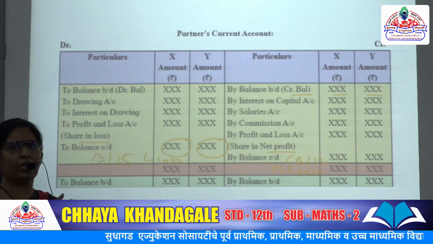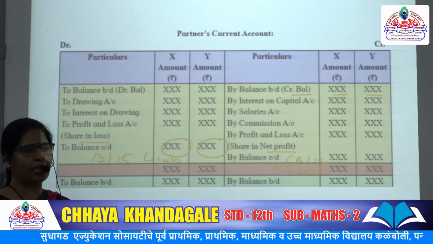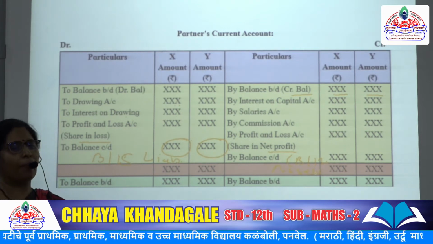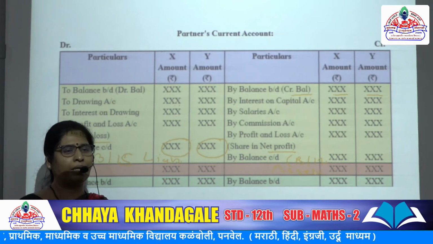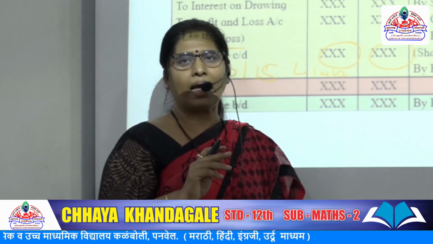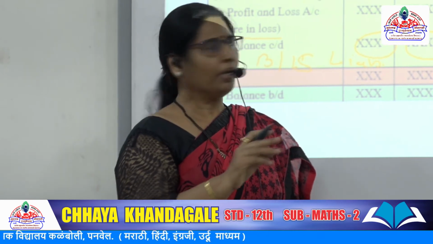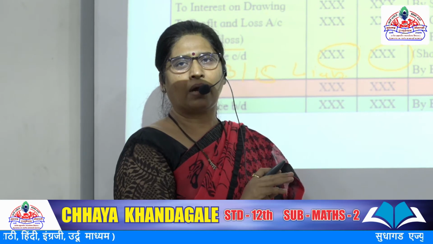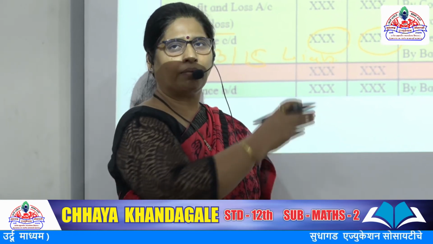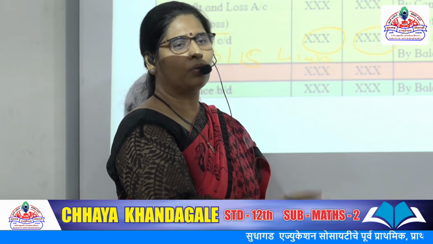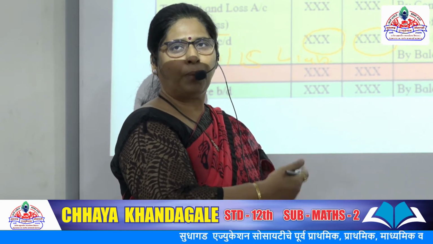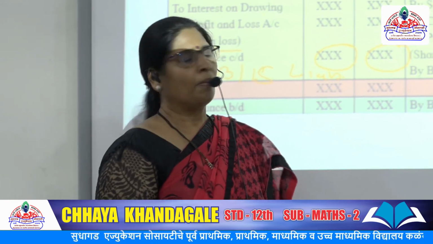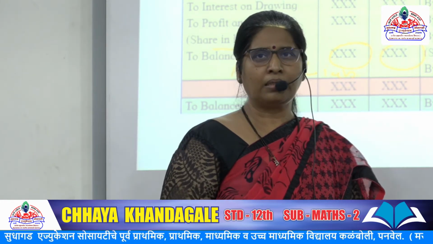Now first is fixed capital. I've said the capital method includes two. In fixed capital there are two types: one is the capital account and the other is the current account. In the capital account you are going to record only the capital, additional capital and the assets brought in by the partners. Whereas in the current account, whatever other factors, what they are going to receive and what they are going to pay, will be written in the partners' current account. Is it clear? Now journal